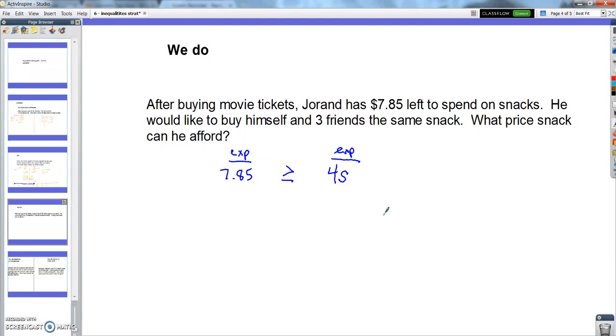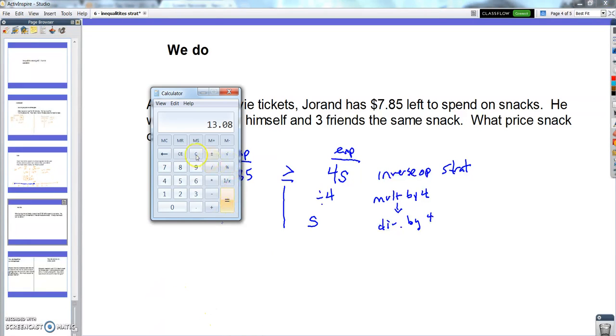So not obvious to me what to do. This common sense does not quite apply here. So I'm going to do my inverse operation strategy. Right now, my variable is being multiplied by 4. So the inverse operation is to divide by 4. So I'm going to divide this side by 4, and I'm going to divide this side by 4. And I'm going to find out that the price of a snack can be